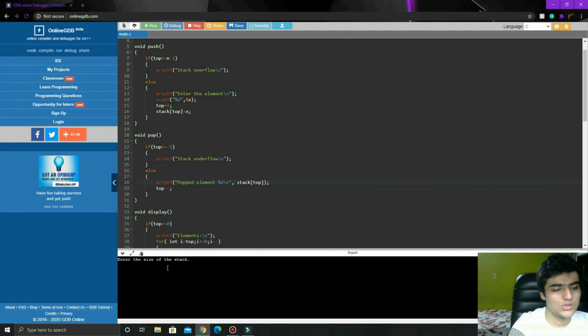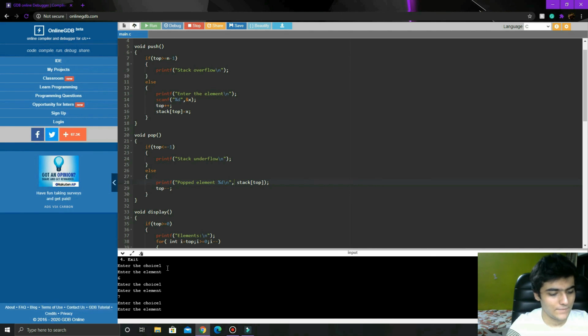Okay, let's choose the size of the stack as 5 for now. Let's put 1 as a choice. Element should be 6, then 1 again. Element can be 7,